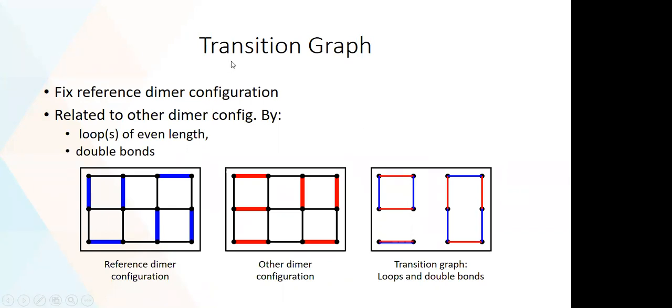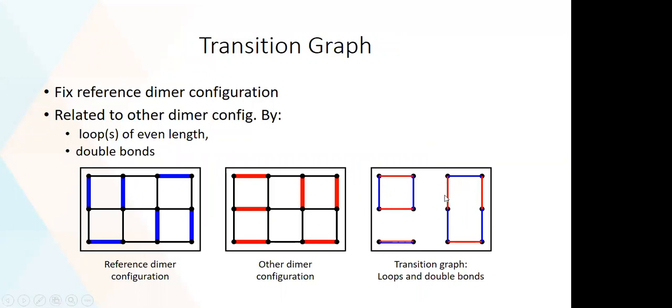So I want to talk about another way to look at the dimer models. This other way is through what's known as the transition graphs. If we fix some dimer configuration in a chosen topological sector, and we now look at a different dimer configuration and overlap them on top of each other, we'll get a picture that looks like this. It will have loops